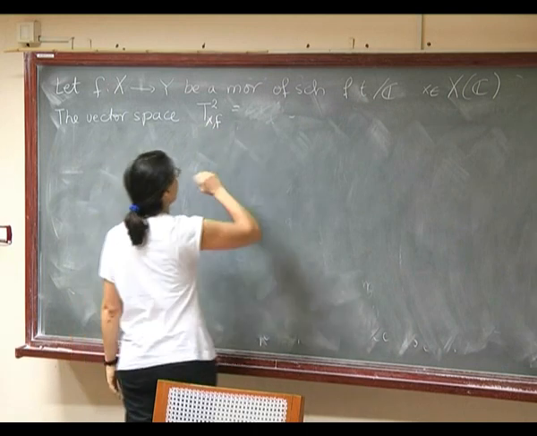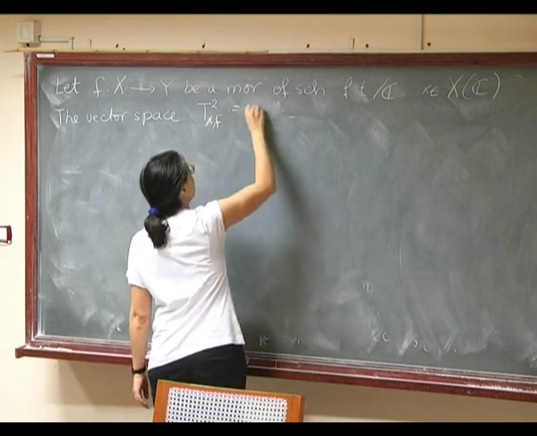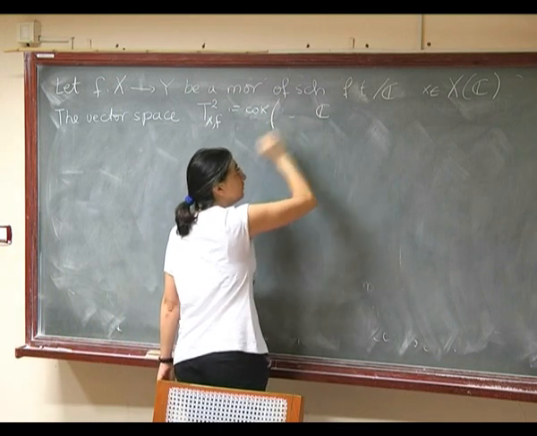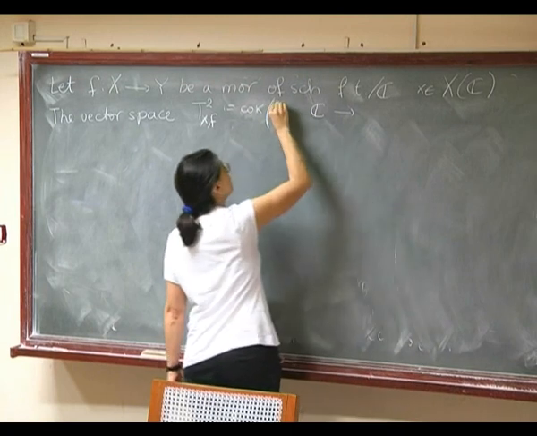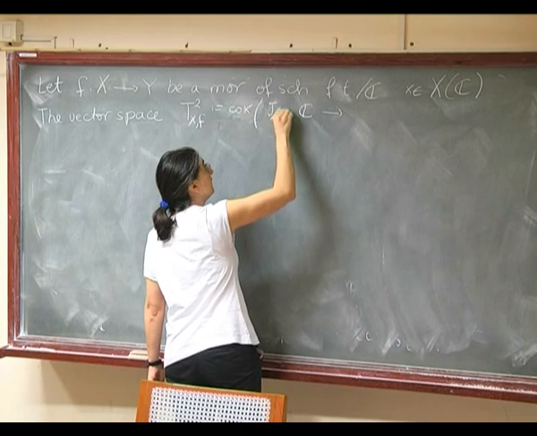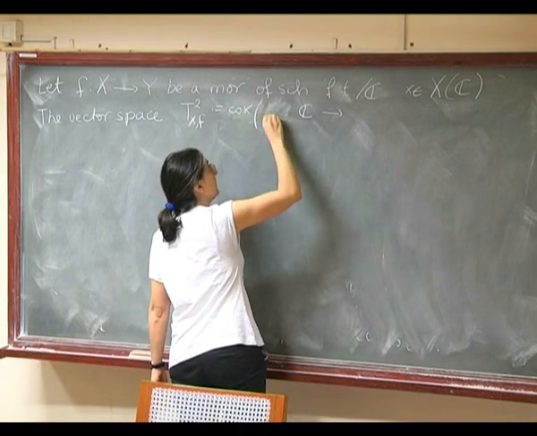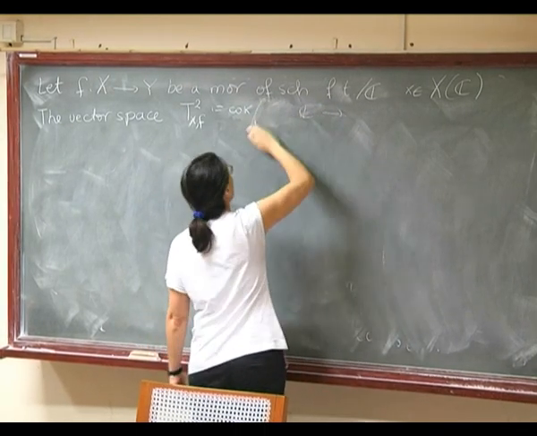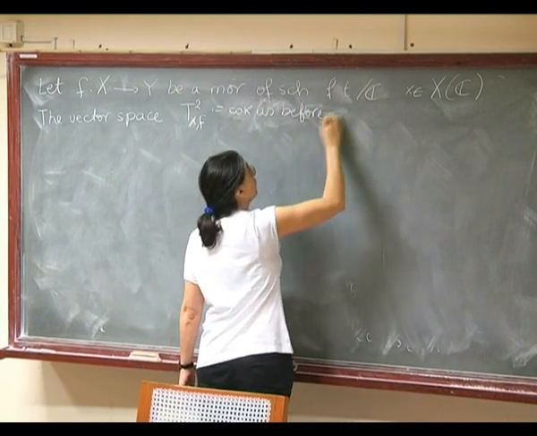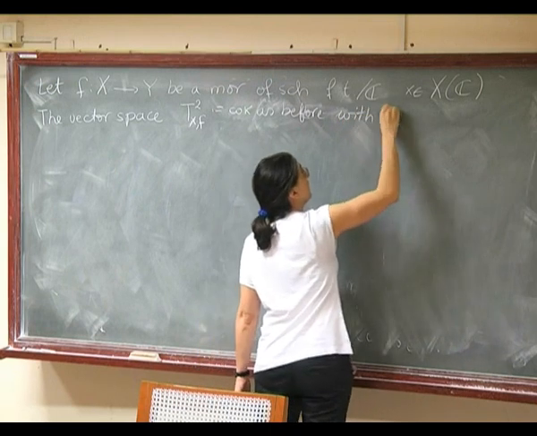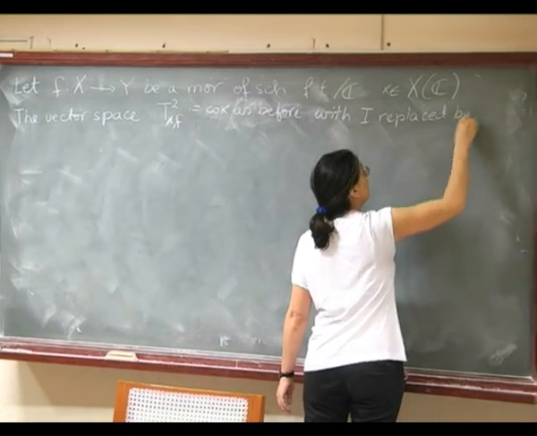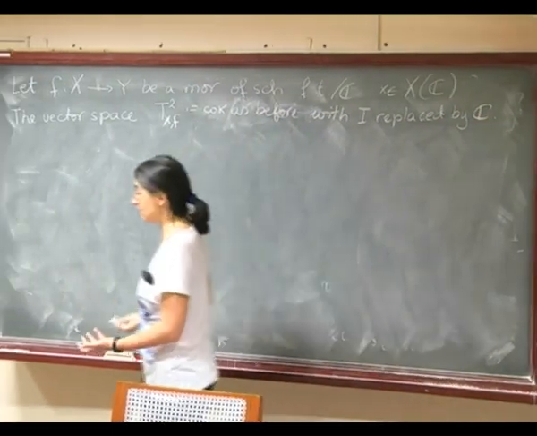So this T2 of x f will be the co-kernel of the same thing, but with the C just. Sorry, this is the omega, I mean, the co-kernel as before, with I replaced by C,